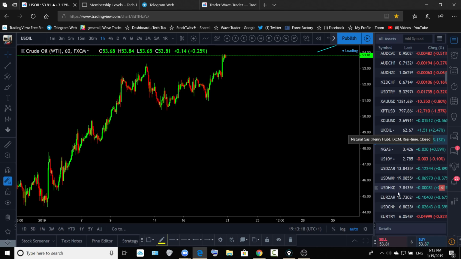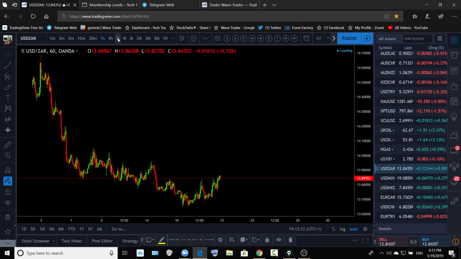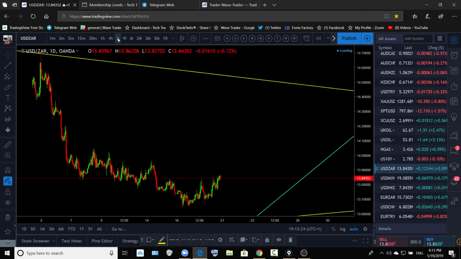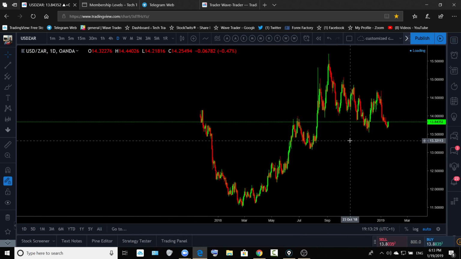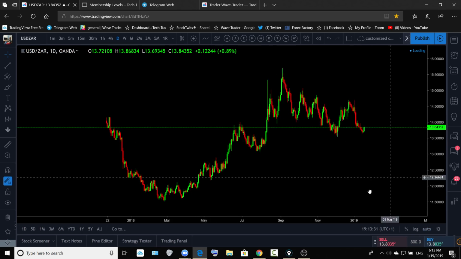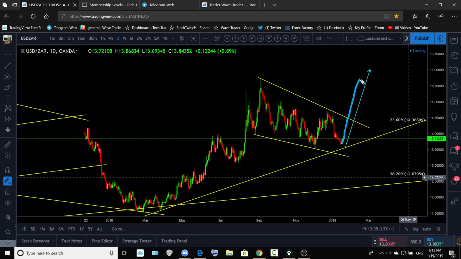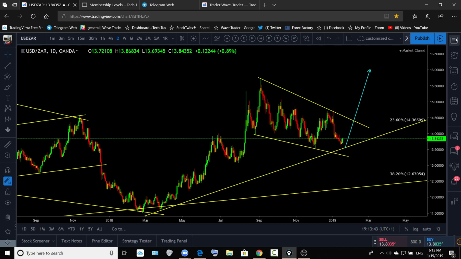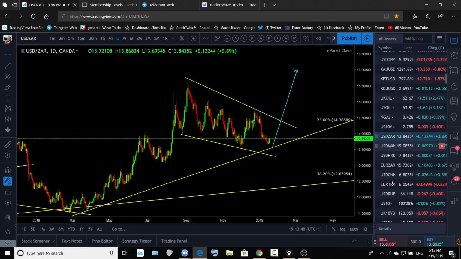Natural gas. Ignore the natural gas right now, guys. You don't have a perfect setup on the natural gas. And here on this chart, look for continuation. All right, look for this. Okay, this move. Okay, from that bottom, slightly price can form new low within that triangle. Okay, so look for it to go back up, form new high, or retest the previous high.